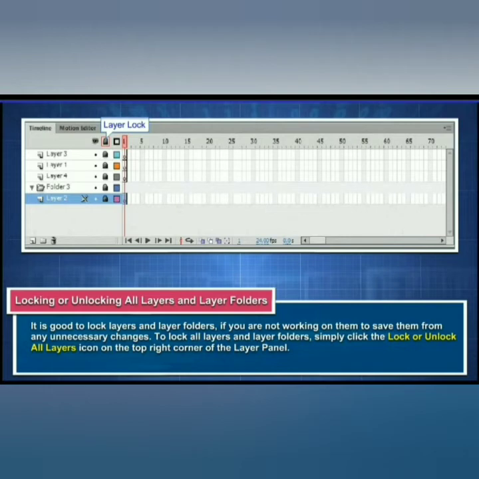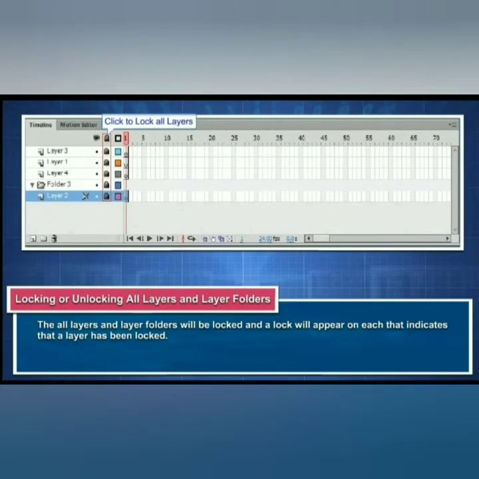To lock all layers and layer folders, simply click the lock or unlock all layer icon on the top right corner of the layer panel. At the top right corner of the layer panel, there is a lock and unlock option available. We can click on it and we can lock our layers and we can unlock also.